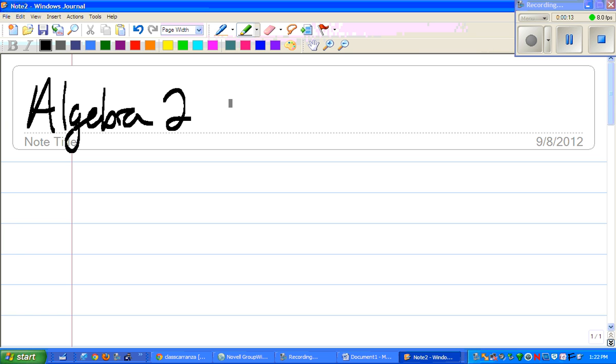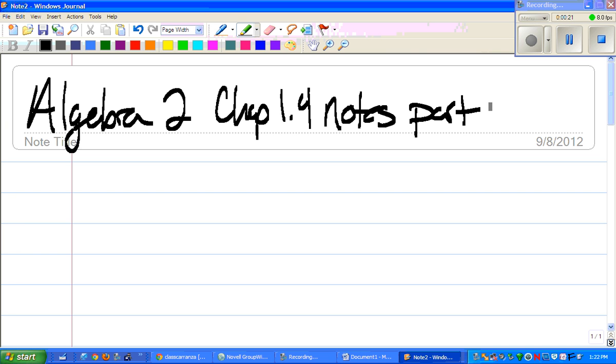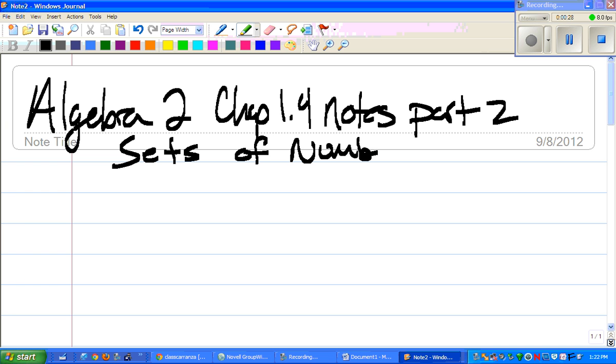Today we are going to be talking about Chapter 1.4. These are our notes, Part 2. Okay, we are still talking about different sets of numbers. All right, so yesterday we were talking about different rational and irrational numbers and putting numbers on the number line. Today we're going to be talking about absolute values and additive inverse. Okay, so first word that I just threw out there was the additive